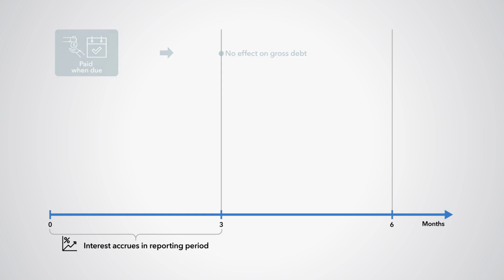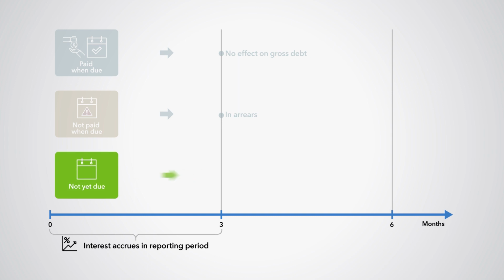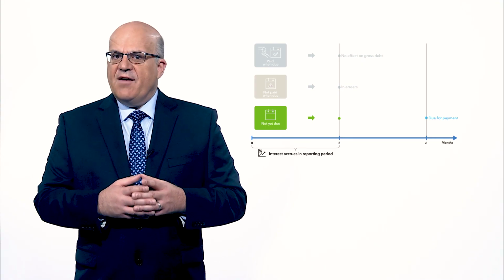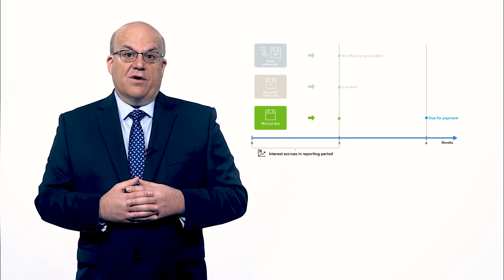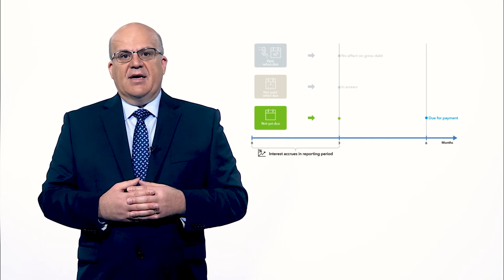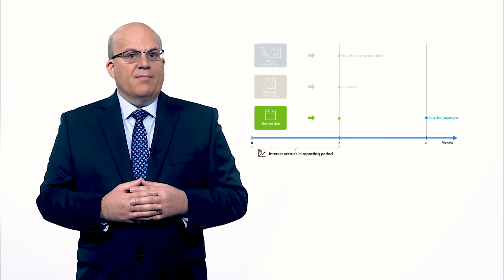Second, interest has accrued and is not paid when due within the reporting period. In this case, interest is in arrears at the end of the reporting period because it was not paid when due. Third, interest is accrued but not paid during the reporting period because it is not yet due for payment. For example, interest is paid every 6 months, but the reporting period is quarterly. Therefore, at the end of the first quarter, interest has accrued for 3 months, but is not yet due for